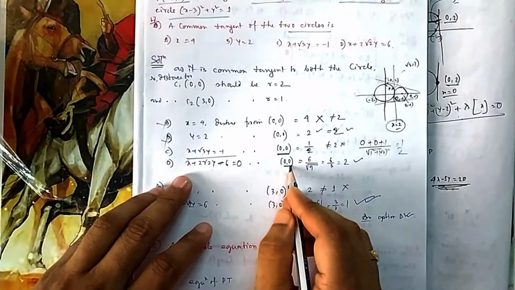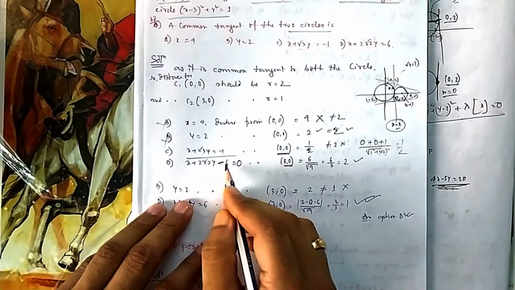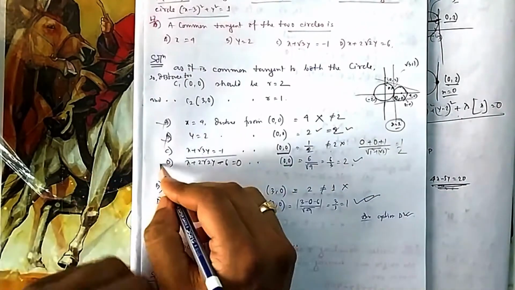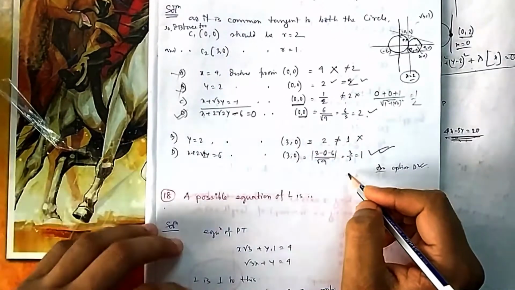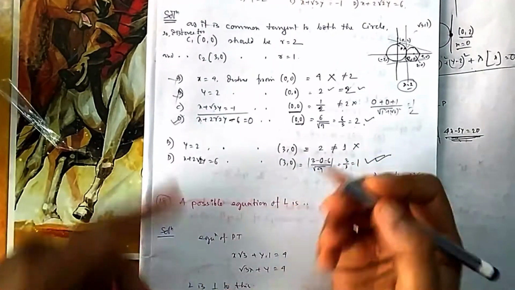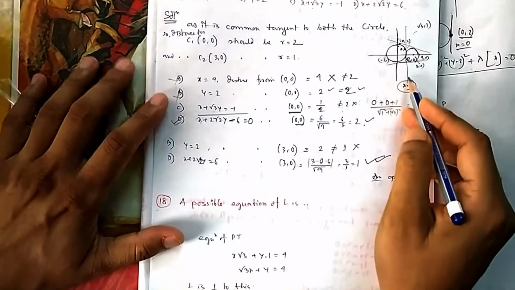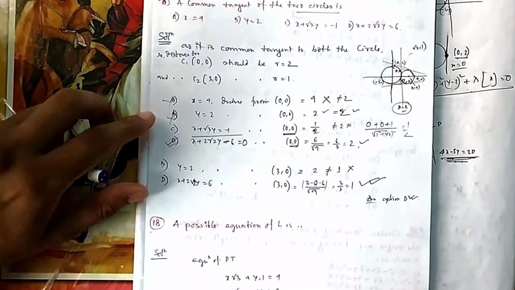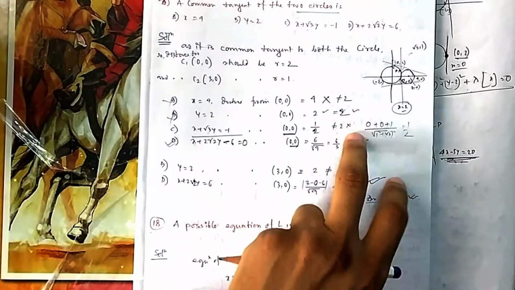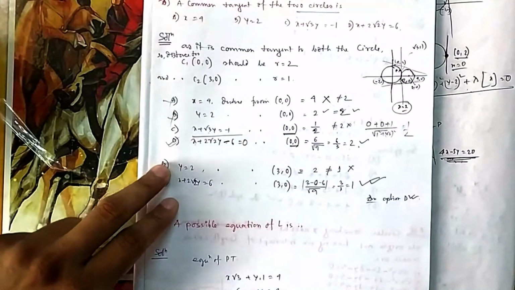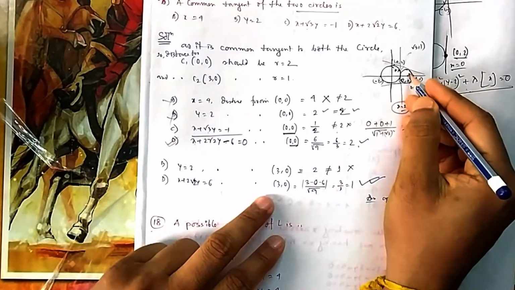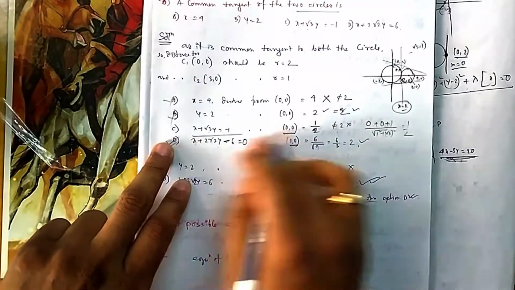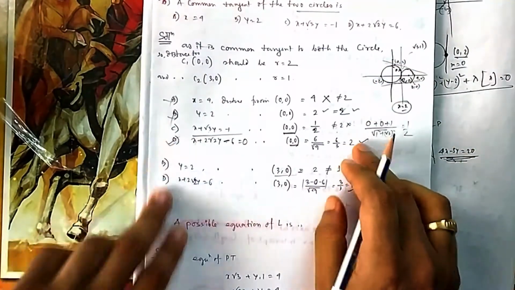So how to check distance from a point? You put (0, 0), then divide by under root this square plus this square. So you can see D is the answer. No need to go further also. From here also you can give. If you want to check it further, here I have not drawn it. I have just checked it with the distance. So initially I cancelled A and C, so B or D are left, so that's why I have to check it again. From the second point (3, 0), the distance should be equal to 1. So again if you check, you will say B is not the answer, D will be the answer. From here only and the drawing you can give the answer, D is the answer.